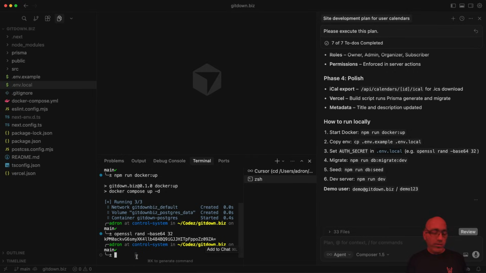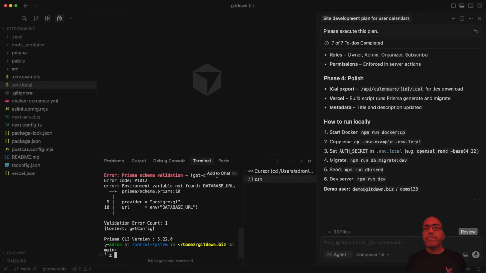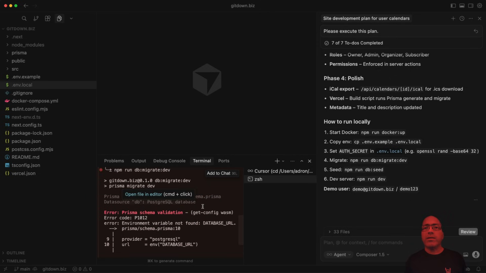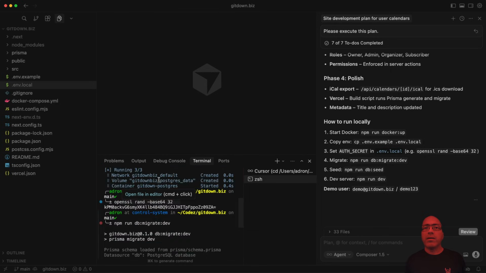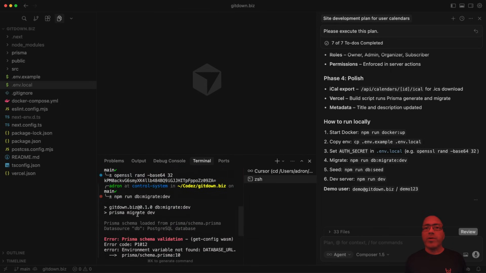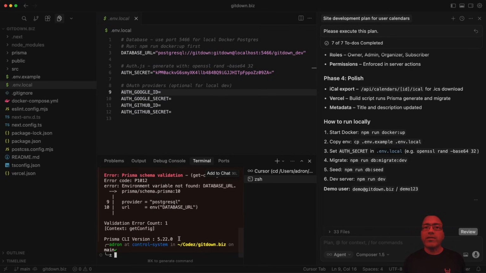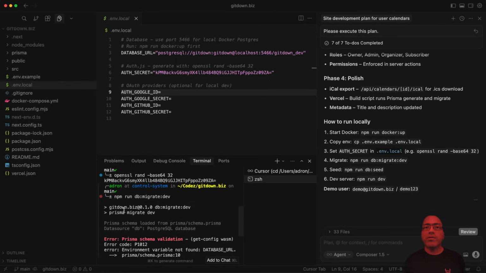Now I'm going to see if it did a good migration. Migrate dev. Oh, something broke. Let's see here. Environment variable not found: DATABASE_URL, Prisma. Why did it not? Oh, I see what the problem is. Prisma just doesn't have this bit for whatever reason. Environment variable not found, DATABASE_URL, Prisma. So actually, I'm going to be super lazy, and we're going to keep using the AI and say,